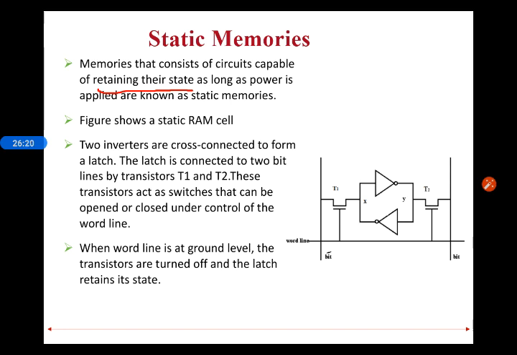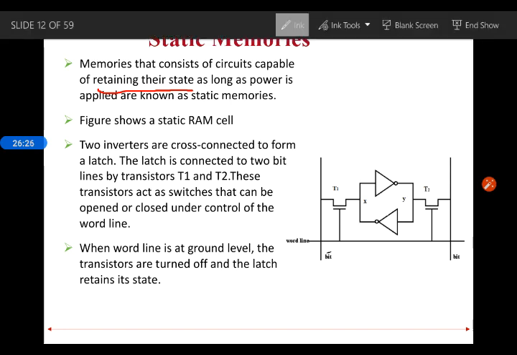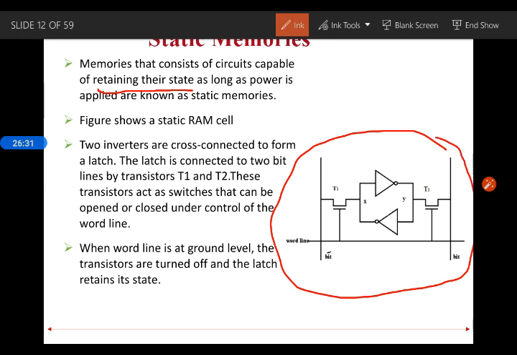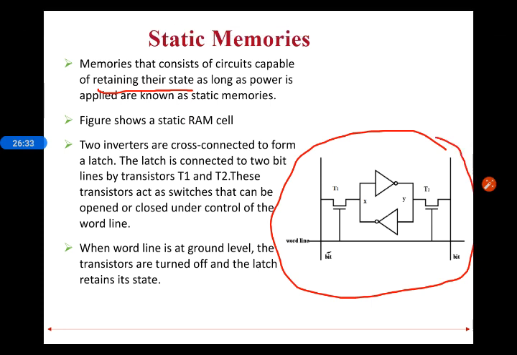If you look at that figure, you can see a RAM cell. I am talking about this figure. This figure shows a RAM cell, which stores only one bit of information. Either you can read one bit of information or you can write one bit of information from this circuit. That is what is meant by the sentence: the figure shows a static RAM cell.